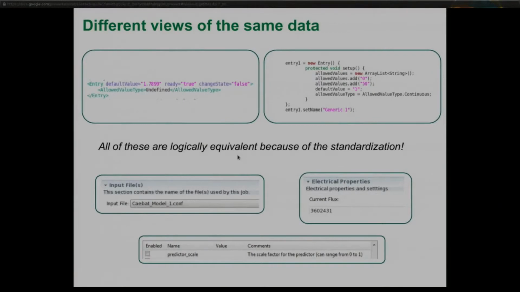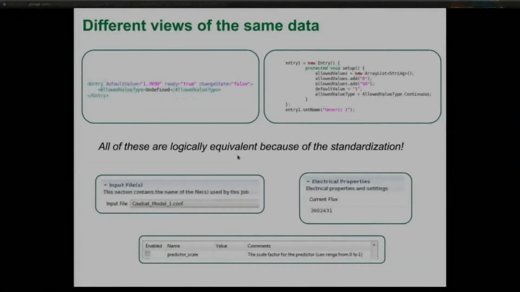But if you say, I have a list of things where you should select something from it, in this case on the middle left, that's a drop-down box. Again, this is with the battery example. But finally, if you say, well, these would just be better organized as a table, then we take that same entry at the top and we can show it in a table.